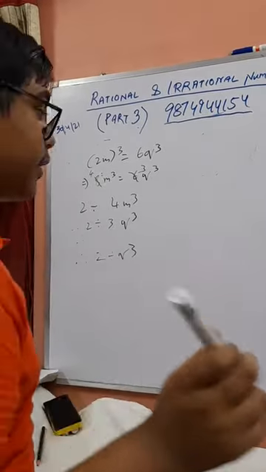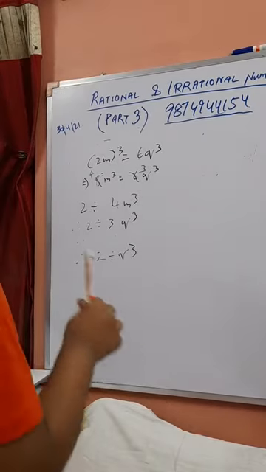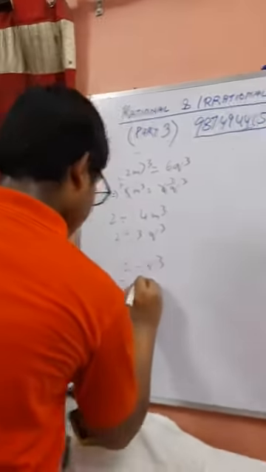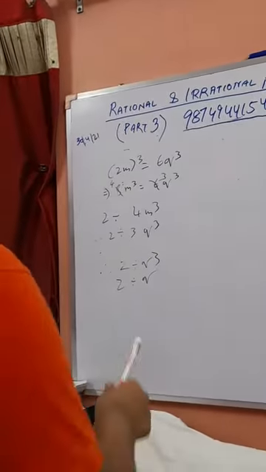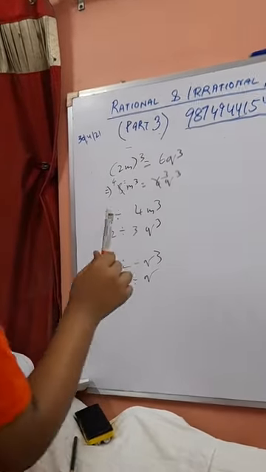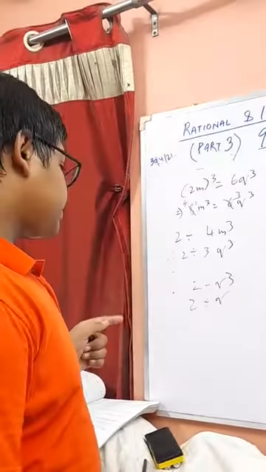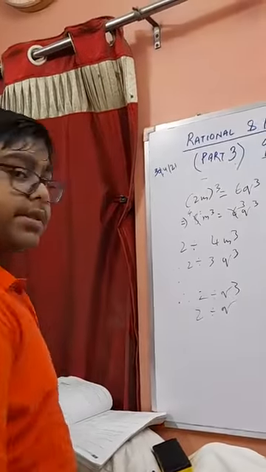Now again we use theorem number 1, q cube. If 2 divides q cube, then 2 has to divide q. Therefore 2 divides q. Now it proves that p by q have a common factor 2 other than 1. Therefore it contradicts the fact that they have no common factors.